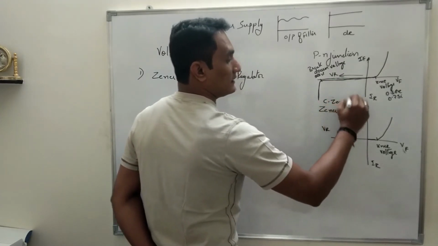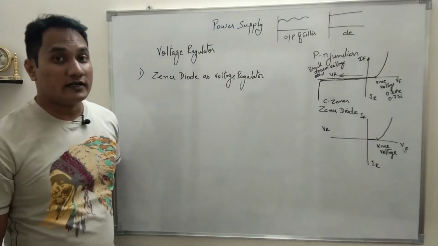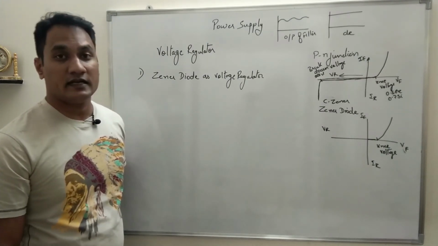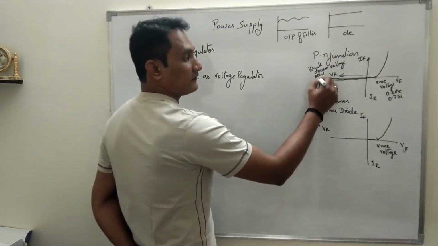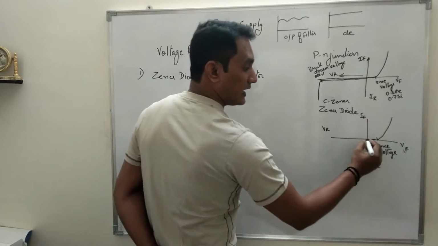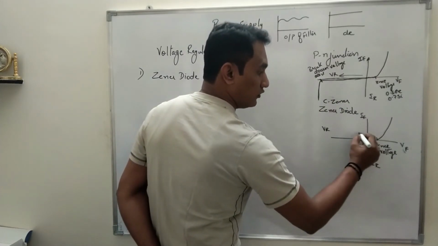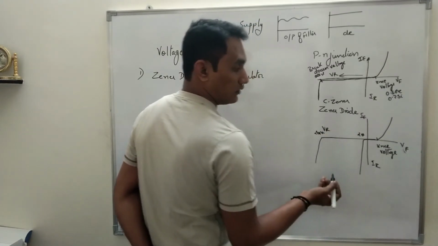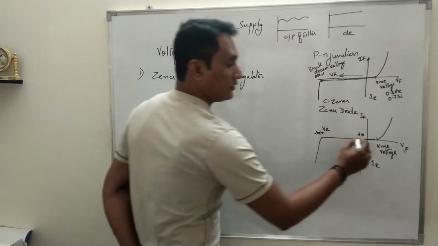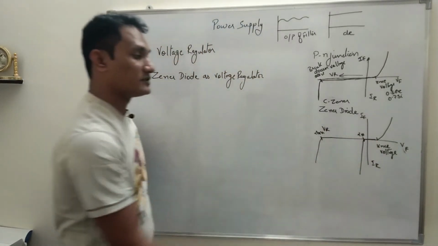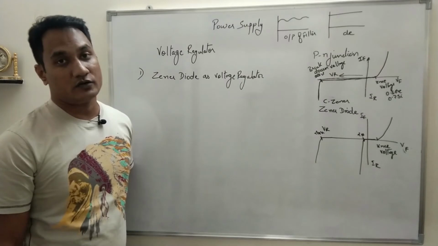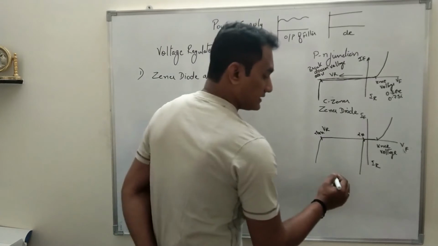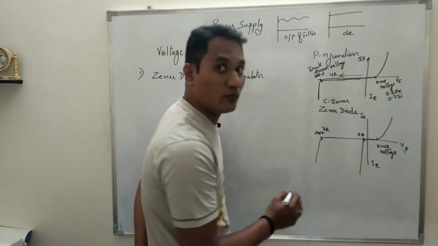C. Zener. And he suggested two things. The first thing, he suggested that the breakdown which occurs at 50 volt can be controlled, and it can happen at say 2 volt also, and it can happen at say 200 volt also. So the breakdown in the reverse bias condition can occur at 2 volt as well, up to 200 volts. What he suggested is to control the doping concentration.